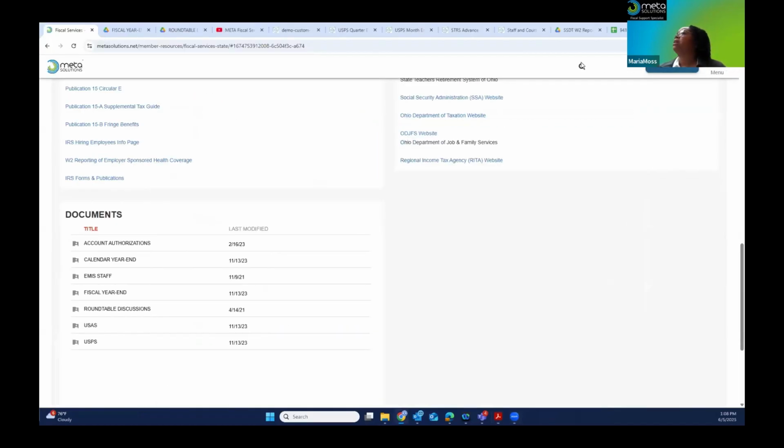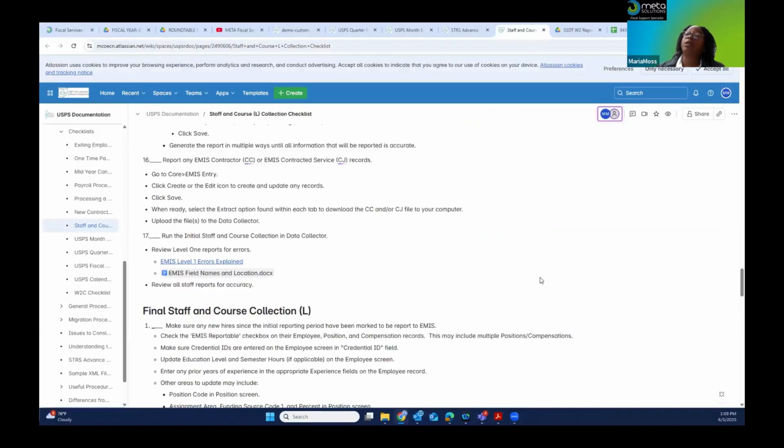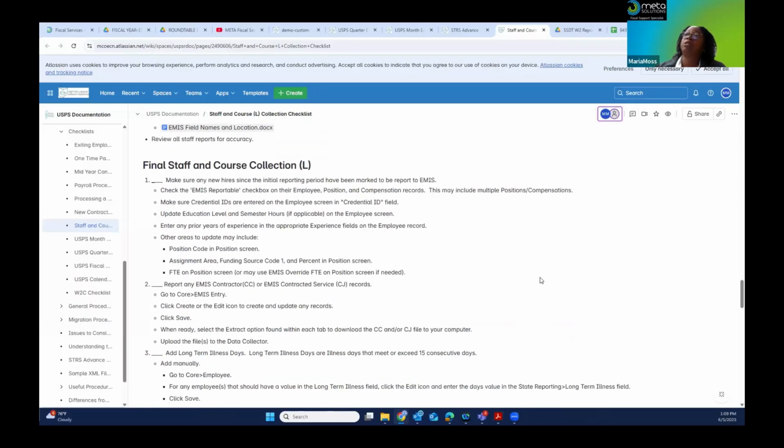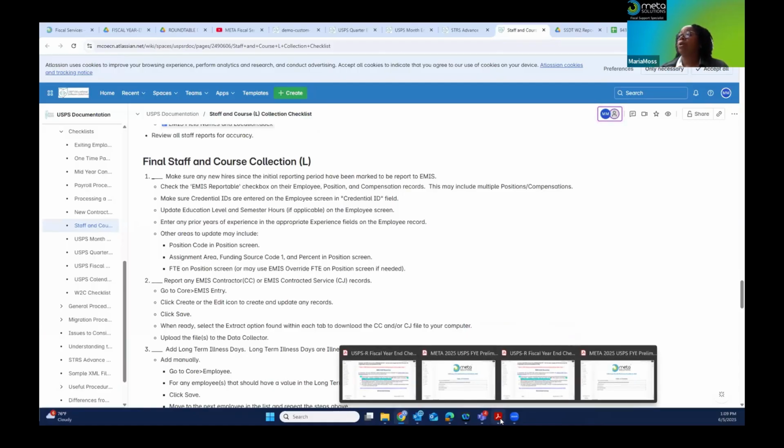I also have it up right here. The first part of this checklist, and this is the SSDT EMIS staff checklist, is the initial, and you'll have to scroll down until you can get to the final. I won't go through it in detail and will just hit the special points that we do have on our Meta USPS checklist.